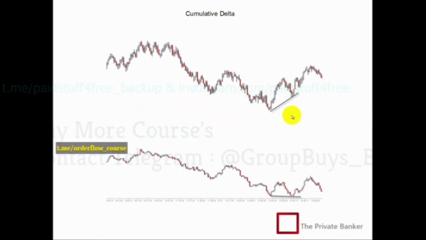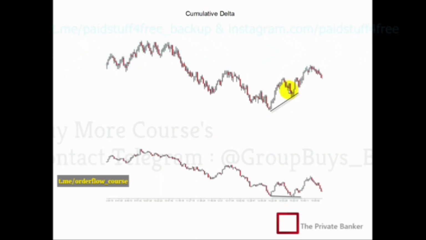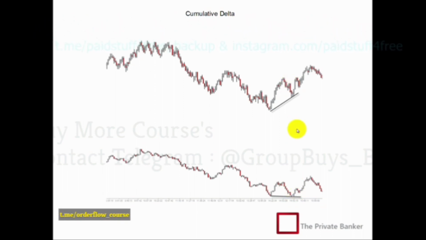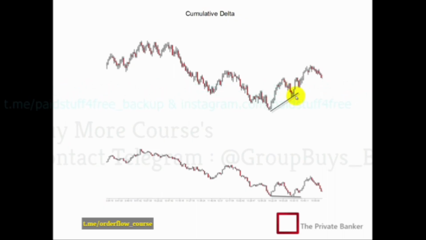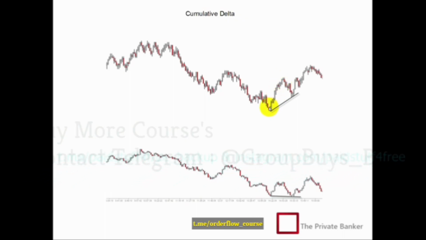And what's happening is buyers are stepping in and they're absorbing the sellers. So as these guys are hitting the bid, trying to push the market down, buyers are actually absorbing those sell orders and keeping price from dropping. So picture somebody trading in the pit, and the market's selling, the aggressive selling coming in, and for whatever reason the selling backs off or dies out, and then we see two-way trade come back into the market, and then all of a sudden another wave of sellers step in there,